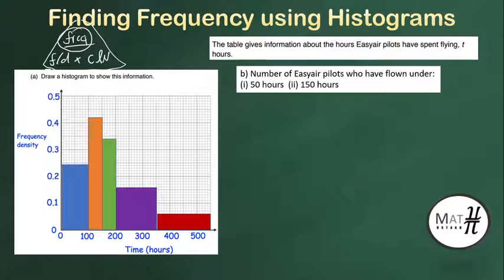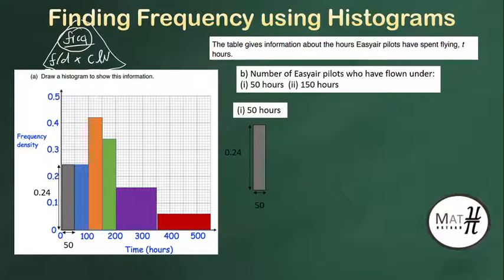So for the number of easy air pilots who flew under 50 hours, we just have to measure 50 from the 0 to 50. We have to see how much area the bar covers under 50 hours. On the y-axis it is 0.24, and that's the rectangle we have there for the area of that bar. When we work it out, we would do 0.24 times 50. But before we do that,